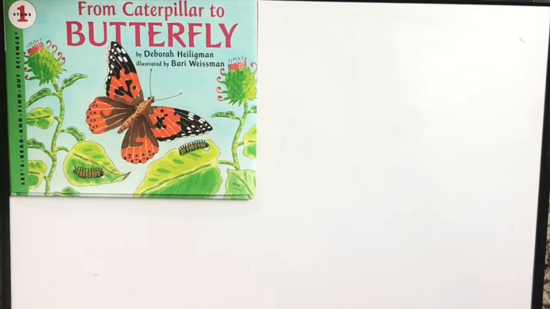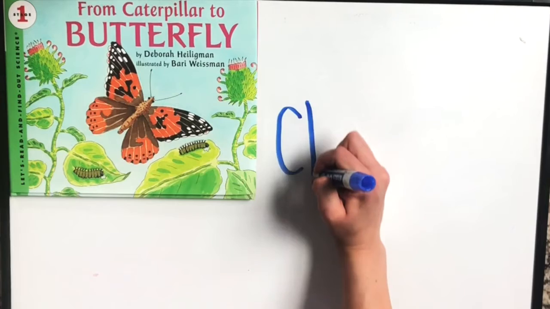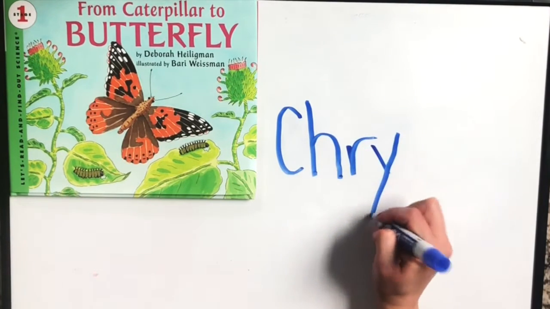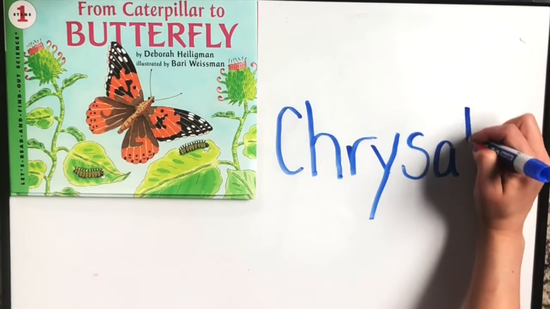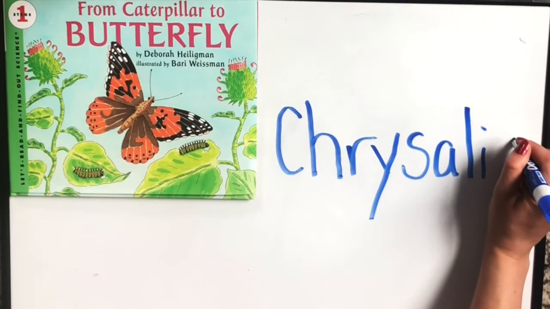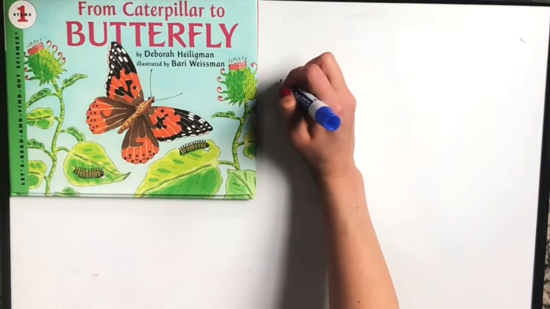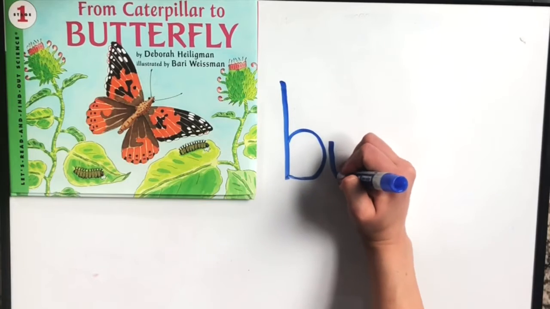The next word that we're going to write is chrysalis. And the chrysalis is sort of like a shell that the caterpillar creates to stay inside while he transforms into a butterfly. So chrysalis, C-H-R-Y-S-A-L-I-S, chrysalis. And the last word that we're going to write is butterfly, because once the caterpillar stays inside his